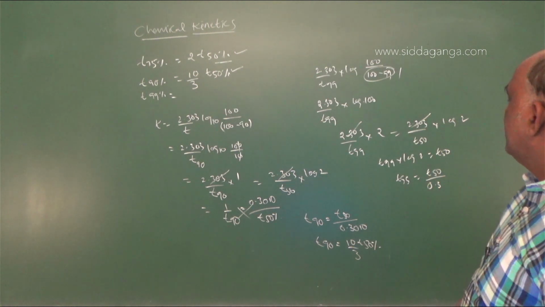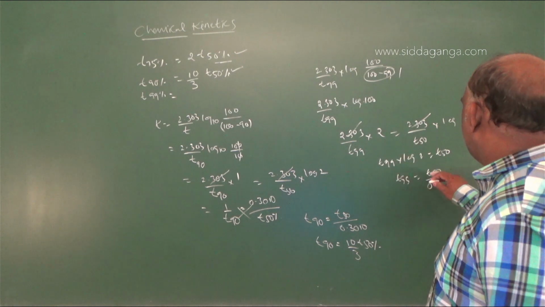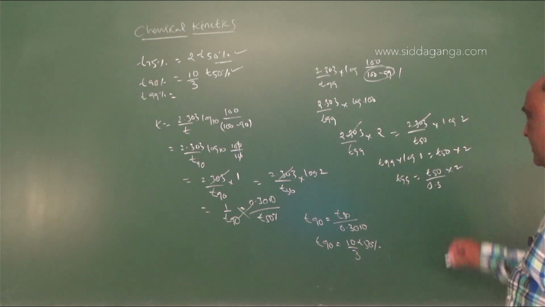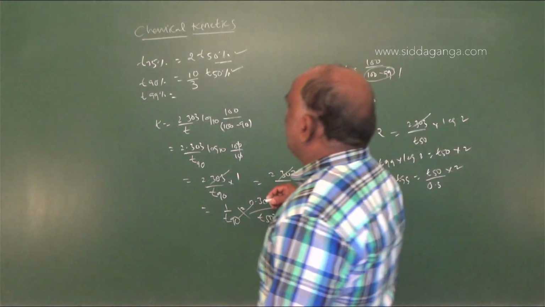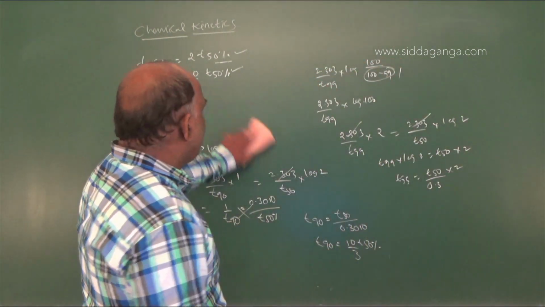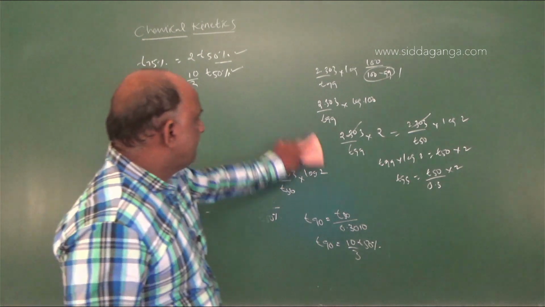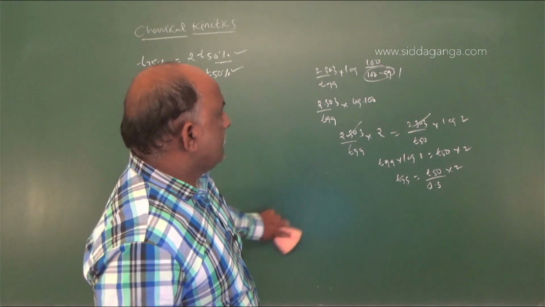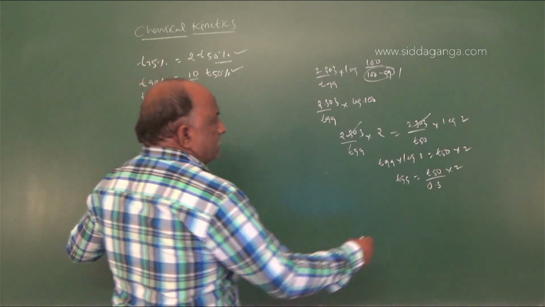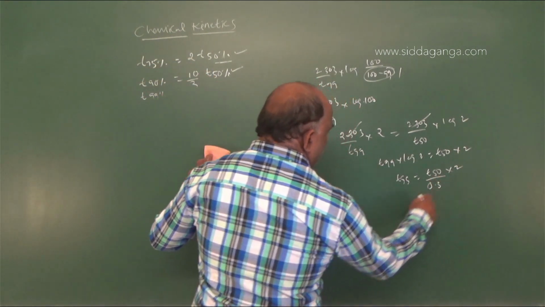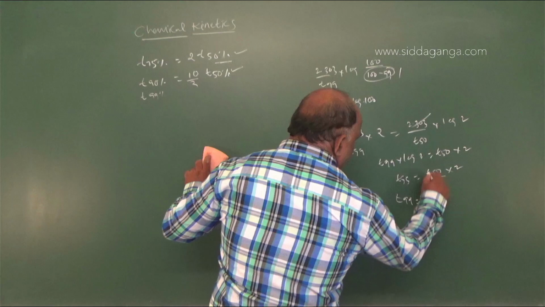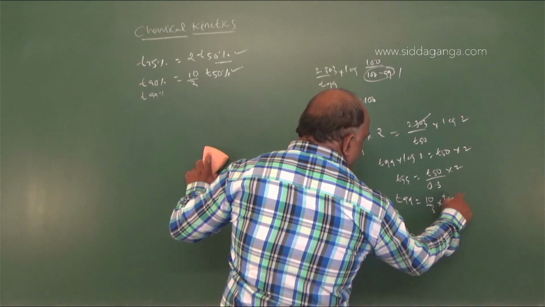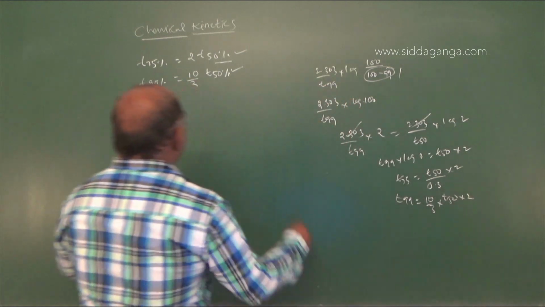Where is 2? So T50 into 2. T50 into 2 divided by 0.3. So what is the final conclusion regarding this third conversion? 0.3 divided by 2 means we know that T99 is equal to 10 by 3, and 10 by 3 into T50 into 2 means that is 20 by 3.